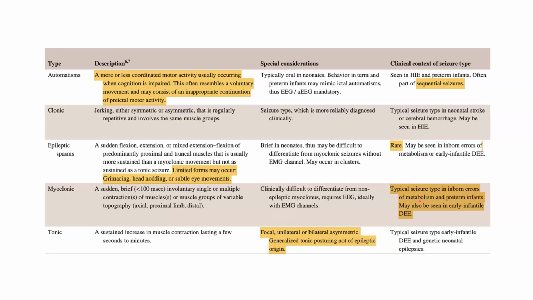So tonic seizures, again, are an important and a frequent type of seizure in the newborn. They can be focal, unilateral, or bilateral asymmetric. So you do not call a neonatal seizure a generalized tonic seizure, right? Generally, generalized tonic posturing as a seizure activity does not occur in the newborn because of myelination immaturity, as I told you. They can be bilaterally asymmetric, but they are not bilaterally symmetric. When they're bilaterally symmetric, you are going to call them generalized. So generalized tonic posturing, if it really occurs in the newborn, is not epileptic, right? So that is what you should remember.